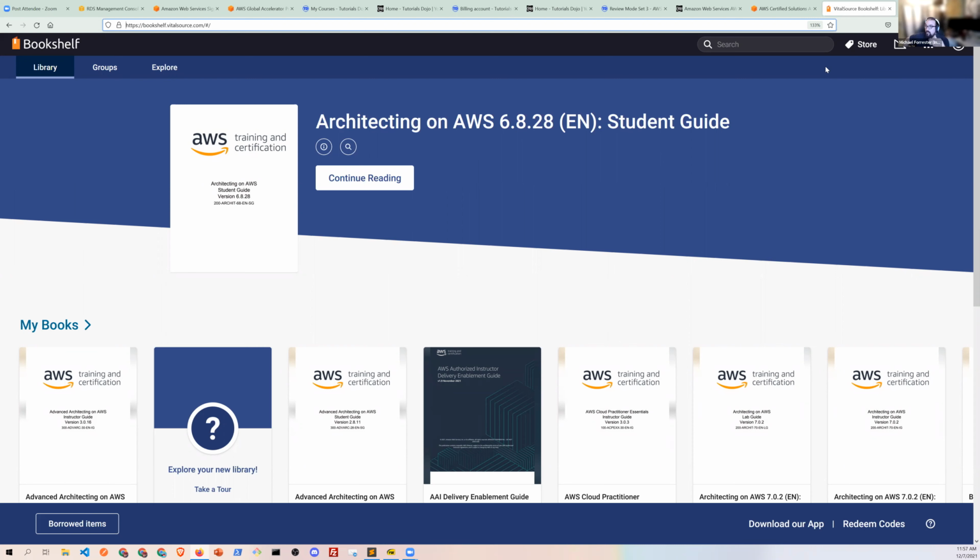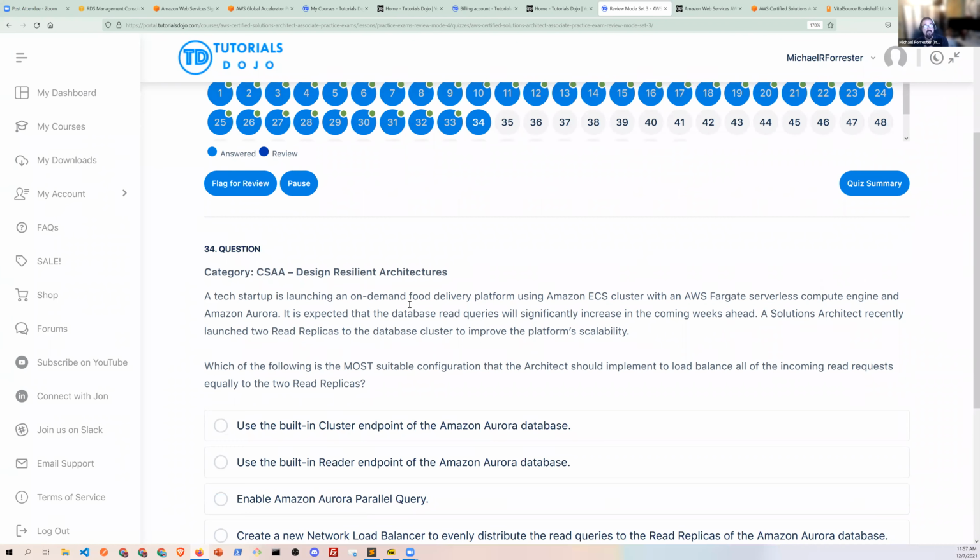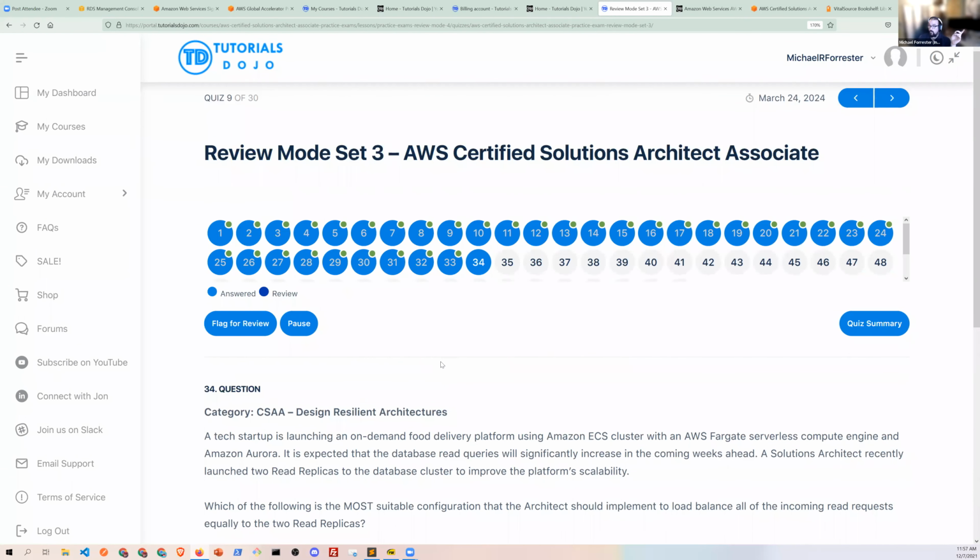Your main goal is just to take the practice exams, take one set of the review mode questions, just like we were doing today, until you can basically get 90%, and then take another set. We were working on set 3. If you want to grab any of the other sets, feel free to do so, and keep working those sets until you get those questions. Be methodical. Understand why you got the answer right or wrong, and make sure you're clear about why the other answers are wrong. You should be able to deconstruct them and say, oh yeah, EBS isn't used for that, or EFS isn't used for that.